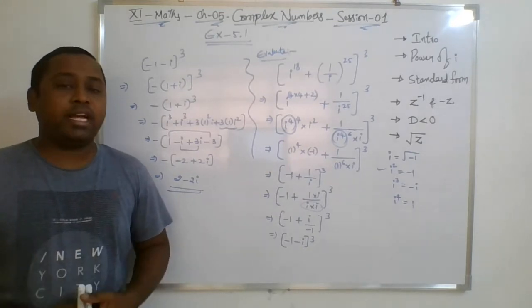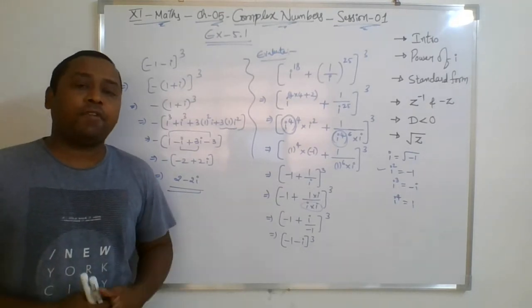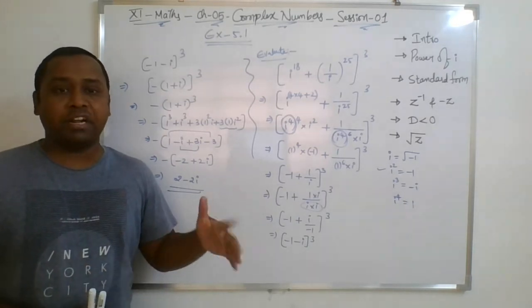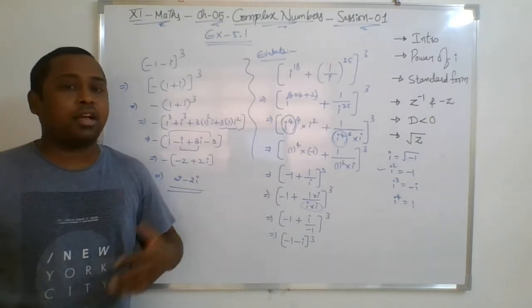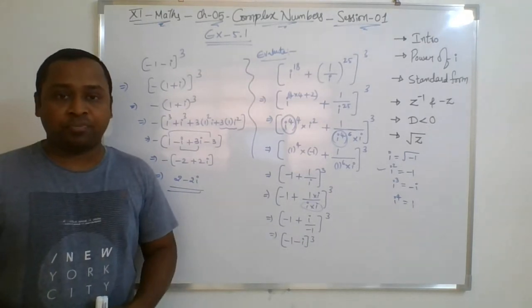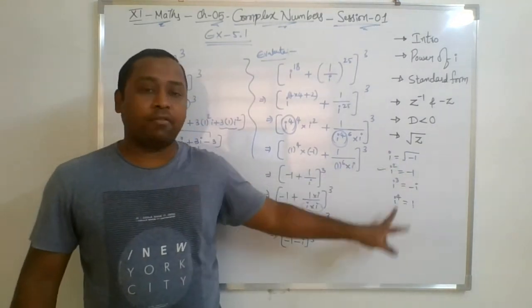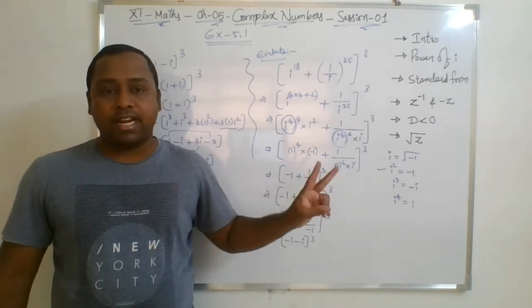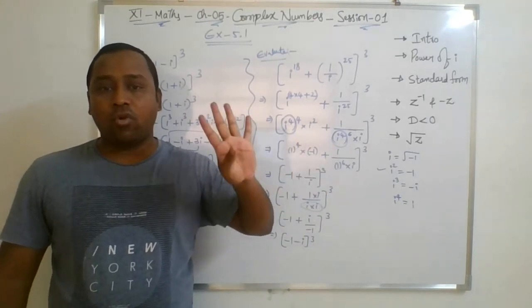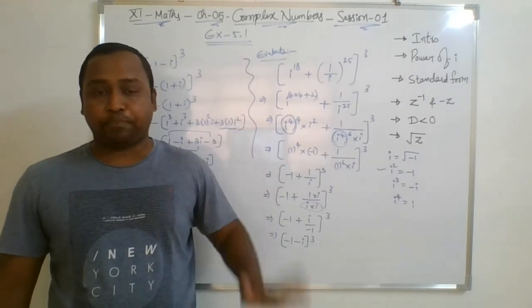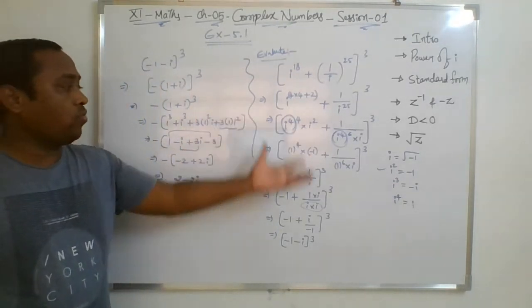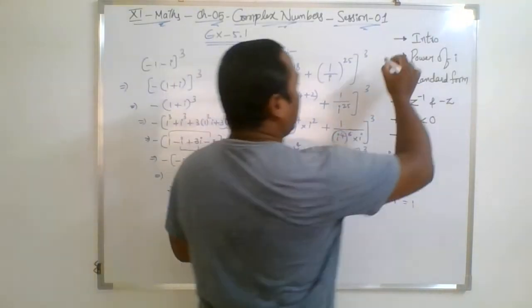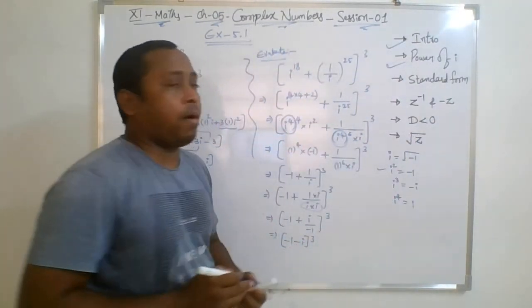So simply at the end I would say the power of i means you need to express the power of i in multiples of 4, nothing else, and just go with the simplification. So whenever you are solving the power of i, you will end up with either the answer 1, minus 1, i or minus i. Only 4 values you are going to get. Fine. So this is the concept of power of i. So we have covered the introductory topic and the power of i.